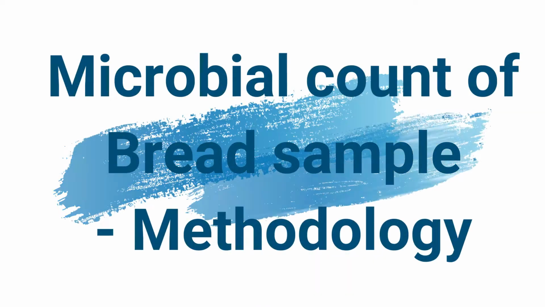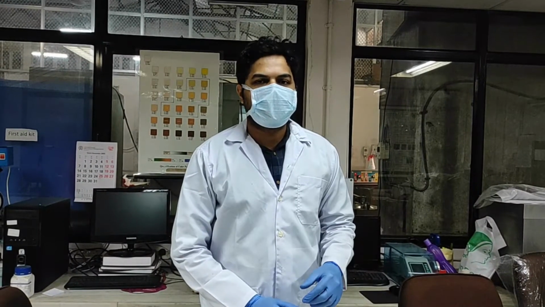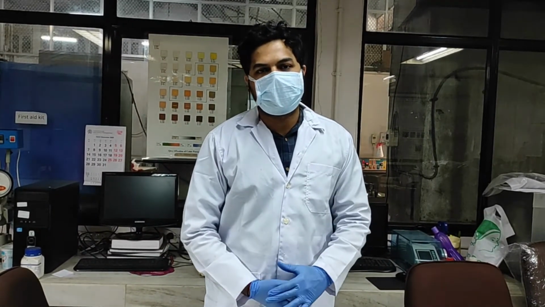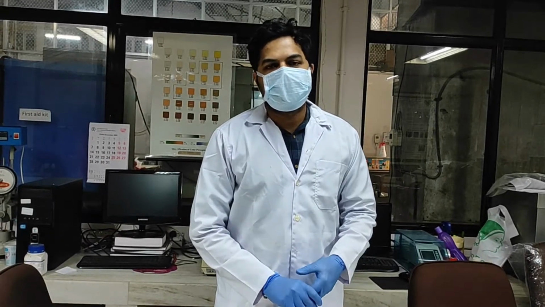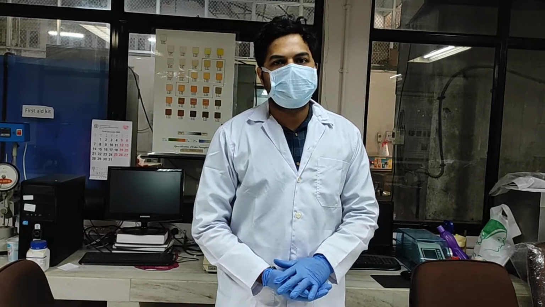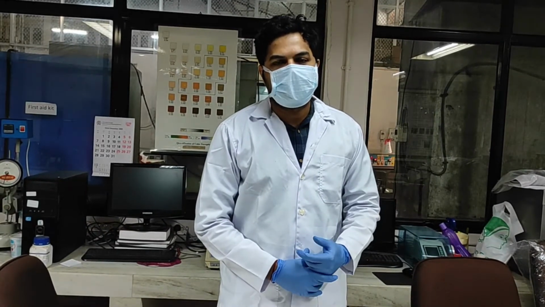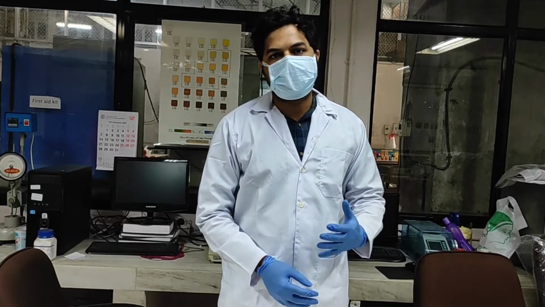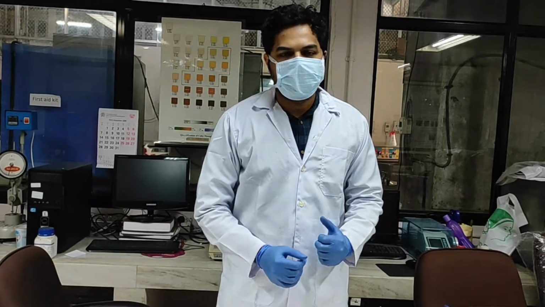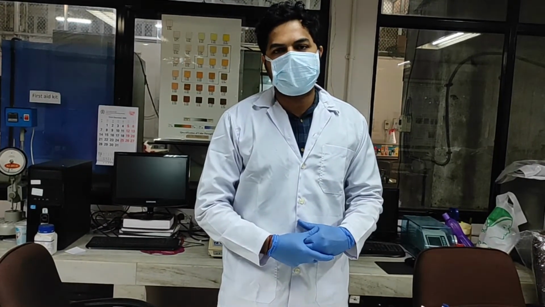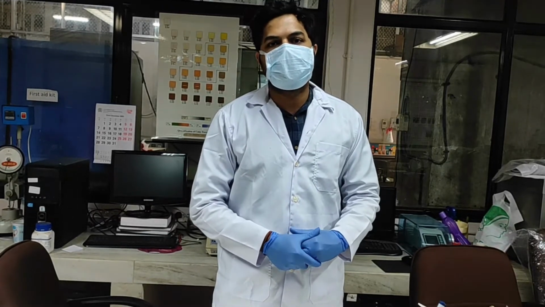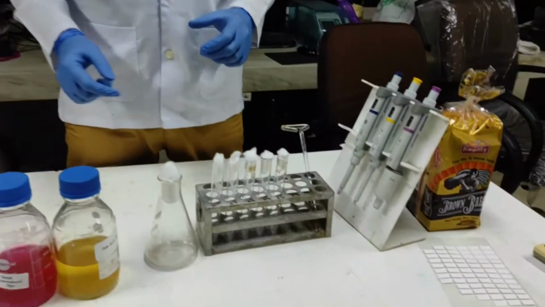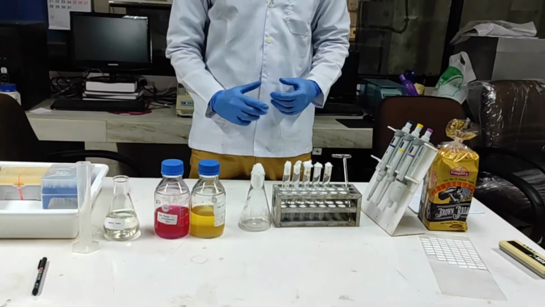For food and food spoilage studies, microbial plate count is one of the parameters we generally use for checking shelf life of food samples. Microbial plate count is a very basic practice used in microbial studies, and in it we generally count total bacterial count and yeast and mold count in the food samples. Today we are going to check the total bacterial count and yeast and mold count using two different methods and two different agars. For this study, these are the general apparatus, glassware and chemicals we require.